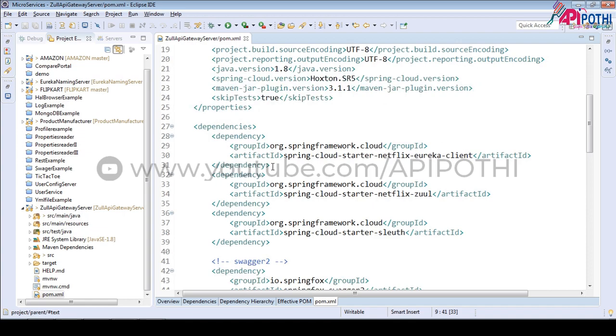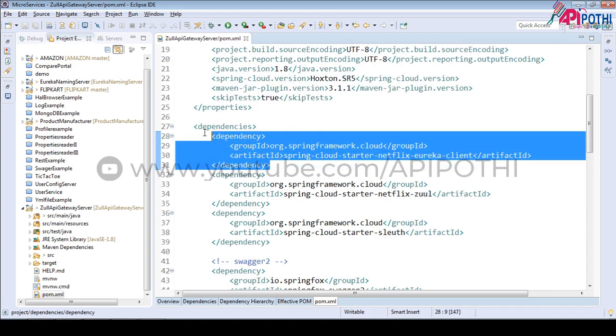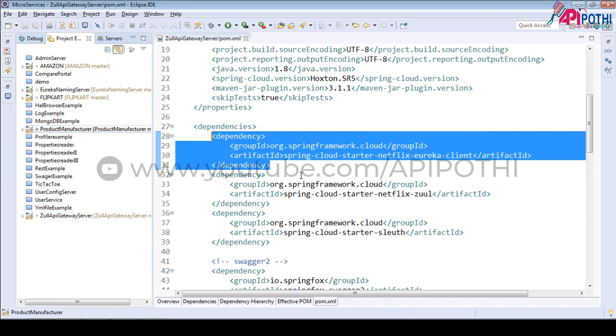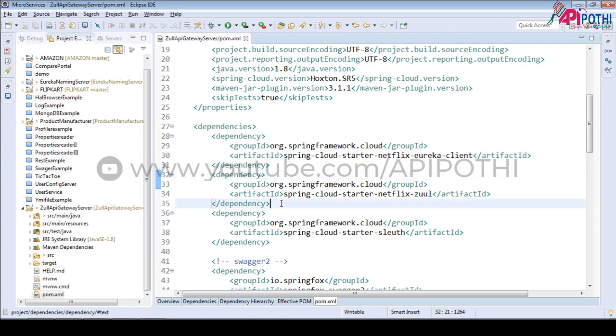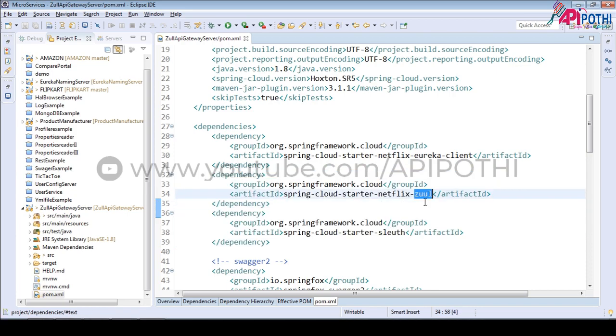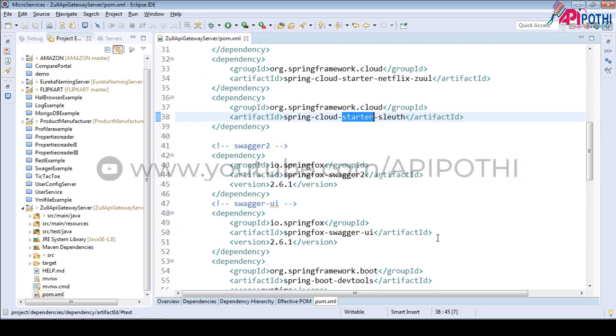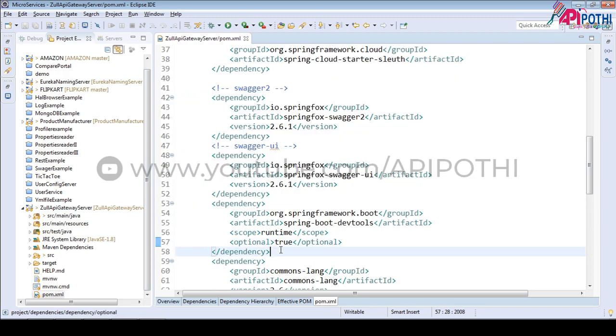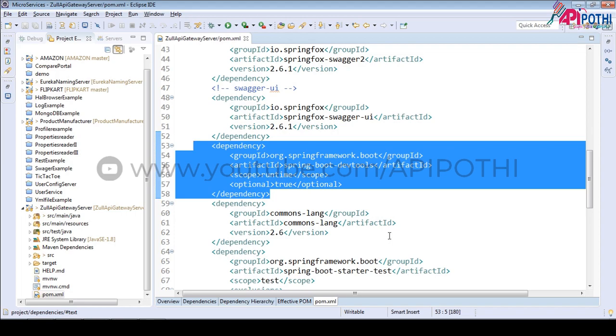version. Now this dependency is nothing but the Eureka dependency we already configured for multiple projects like Flipkart, Amazon, as well as our product manufacturer services. These two dependencies are important. The first one is Zuul, which will help you create the API gateway, and this is for the cloud. This is again the Swagger dependency, which we understood already.